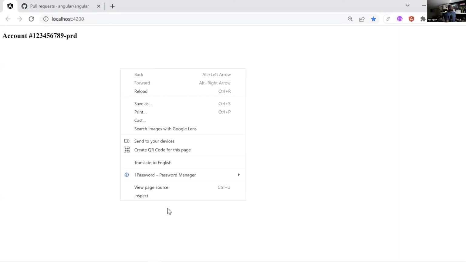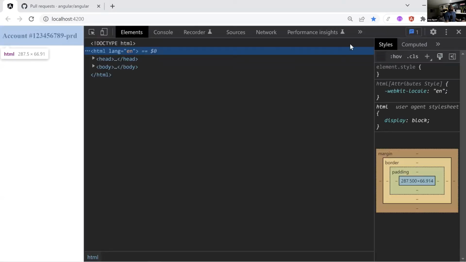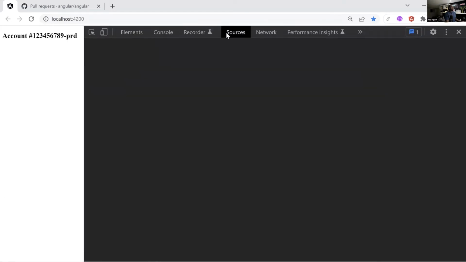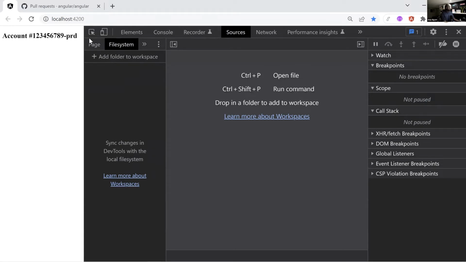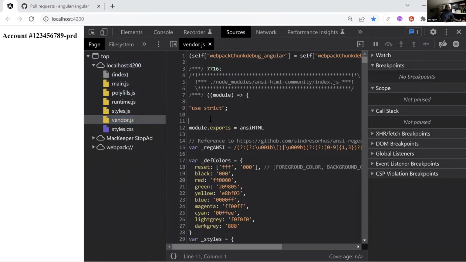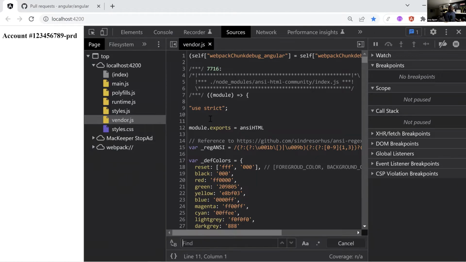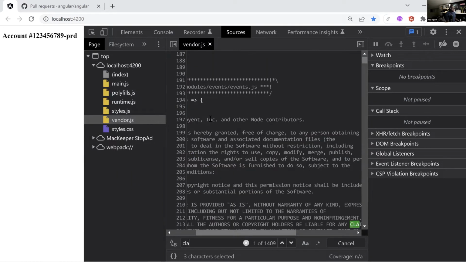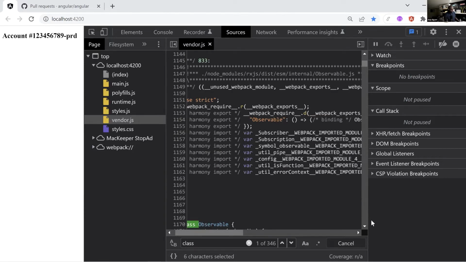Okay, so here, I'm just going to go to our dev tools in the inspect element, and I'm going to go to our Sources tab. In the Sources tab, in the page, we have everything that is involved in this page, and I'm going to go to the vendor bundle. And I think the previous presenter was saying everything is classes and functions at the end of the day. So how about if we try to find out about the async pipe? So let's search for class. And I think this thing is on the way.